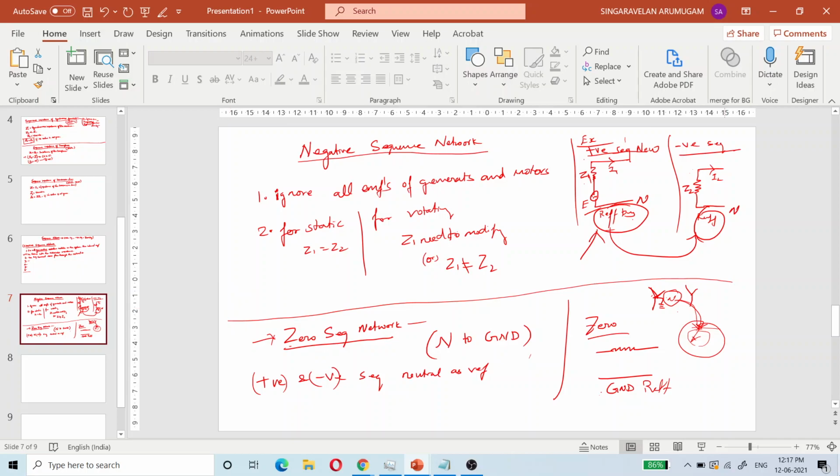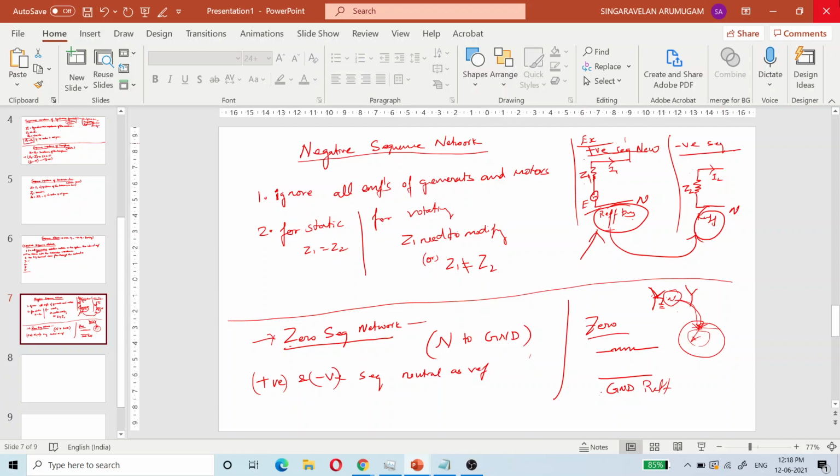In the last class, we discussed unsymmetrical faults, and to find out unsymmetrical faults, two important things we need to understand. The first thing is symmetrical components. The second one is the sequence network. For this sequence network, we know the symmetrical components are positive, negative, and zero. All these three sequences exist in the network connections, and the respective current flow we will write as a network. That network is nothing but the sequence network.